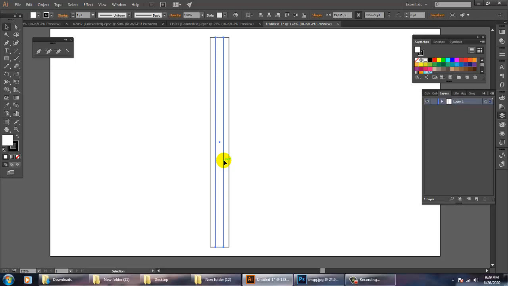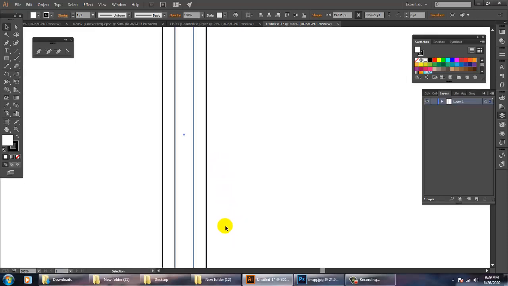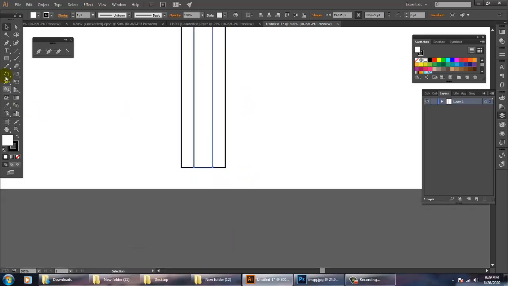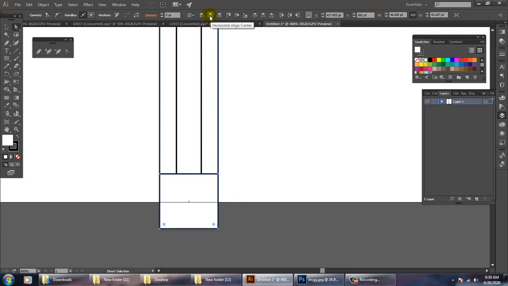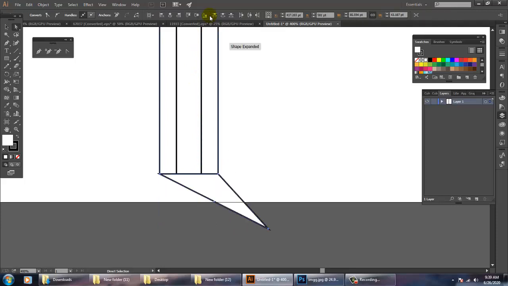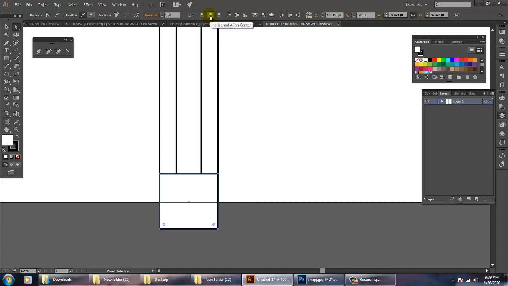Now let's zoom in and take one more rectangle, or square, over here. Select these two anchor points using a direct selection tool, and you have an option called horizontal align center. When I'm going with the horizontal align center, it's not coming in a straight line.